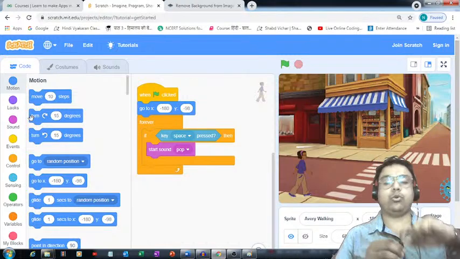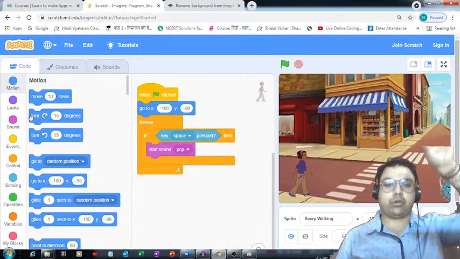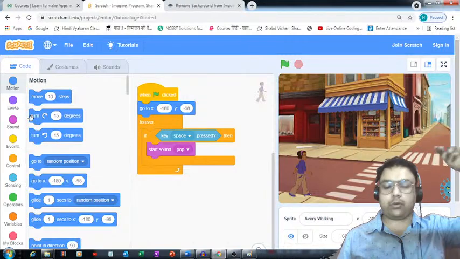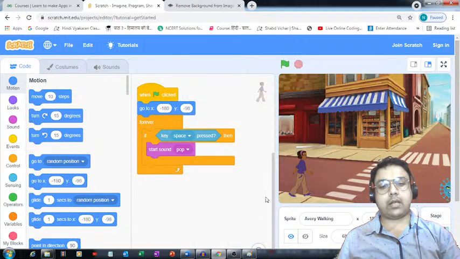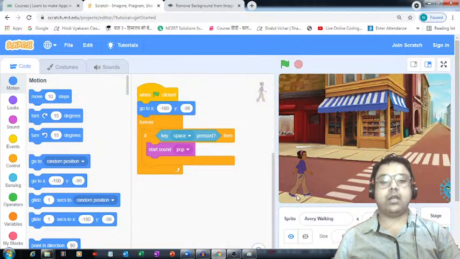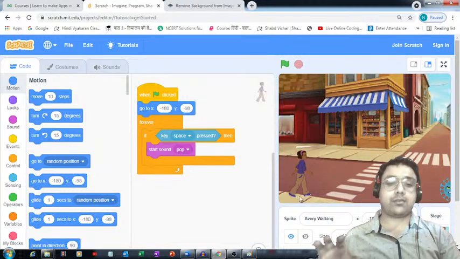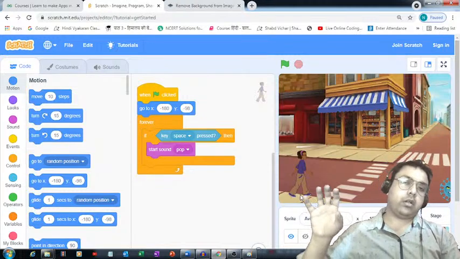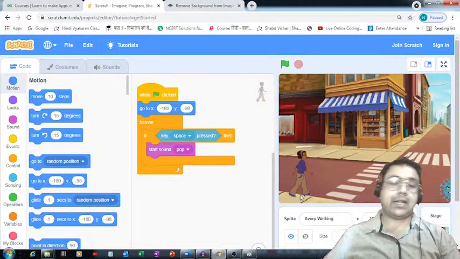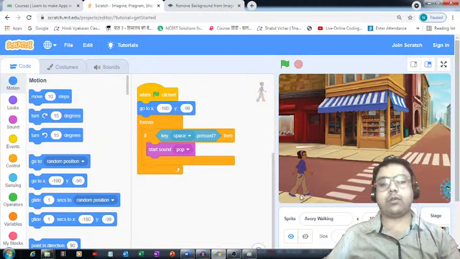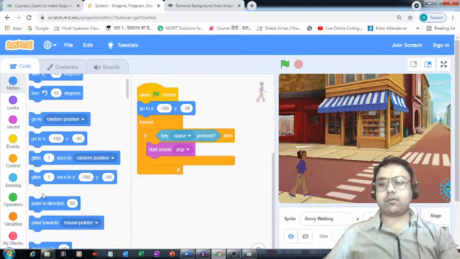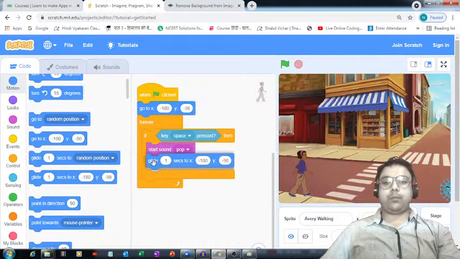So it has to go till one point in the upward direction, and after that it should start coming back, and as soon as it touches the point where she is standing right now, it should stop at that point. That's what the code, for this we have to define the code now. So the best way is we can make use of this gliding block. We can put it over here,